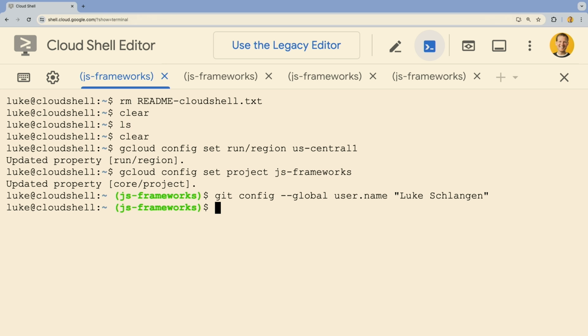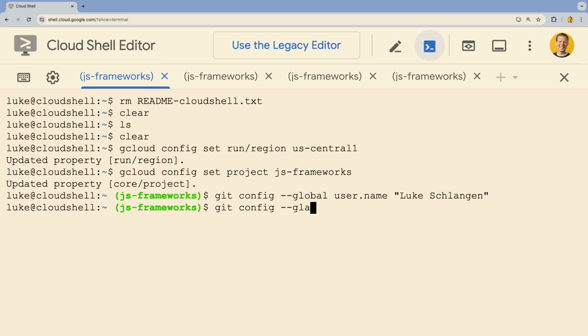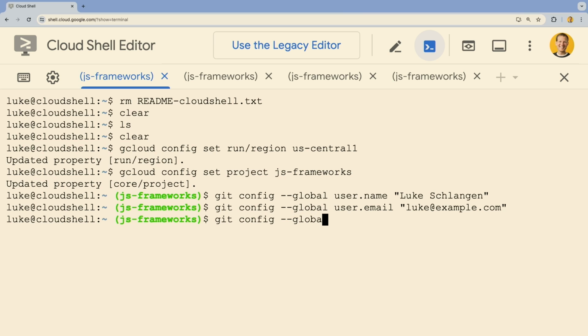Git config --global user.name. So there I've set my name, and then same thing for email. Git config --global user.email, and this is luke@example.com. And then the last one here, again, not necessary, but what I like to do for all of my